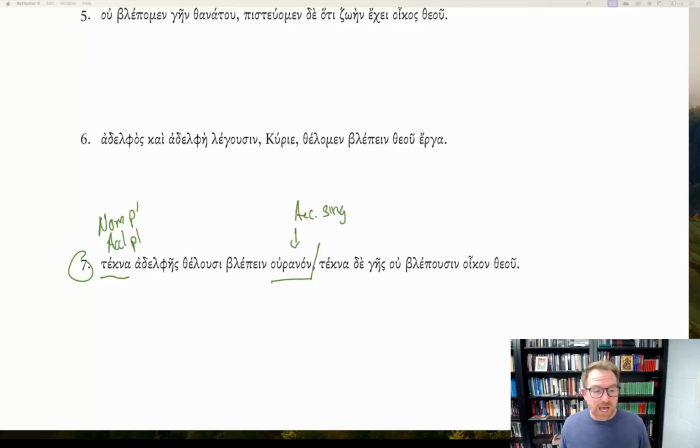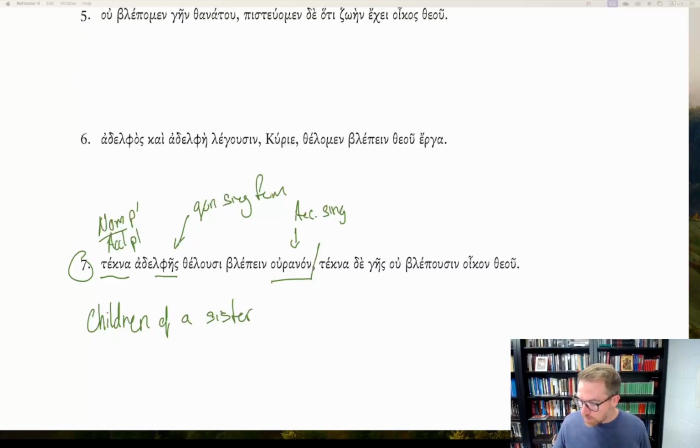And without tekna as a nominative, we have no other nominatives in this sentence to provide us with a subject. So it just makes sense that tekna contextually is our subject. So children and adelphēs, this is a genitive, singular, feminine noun. Children of a sister,